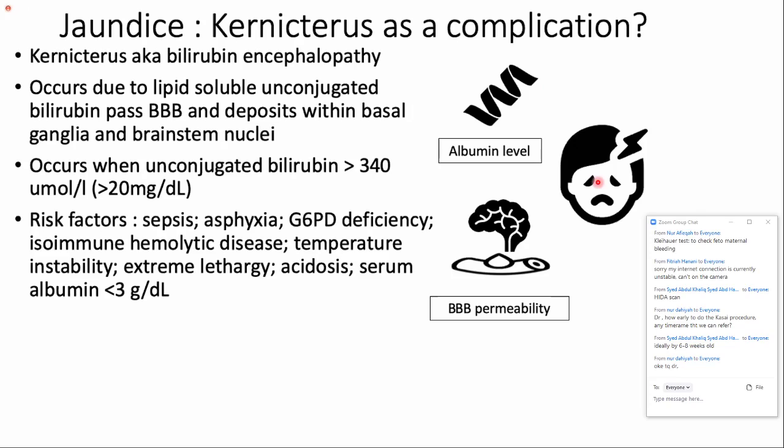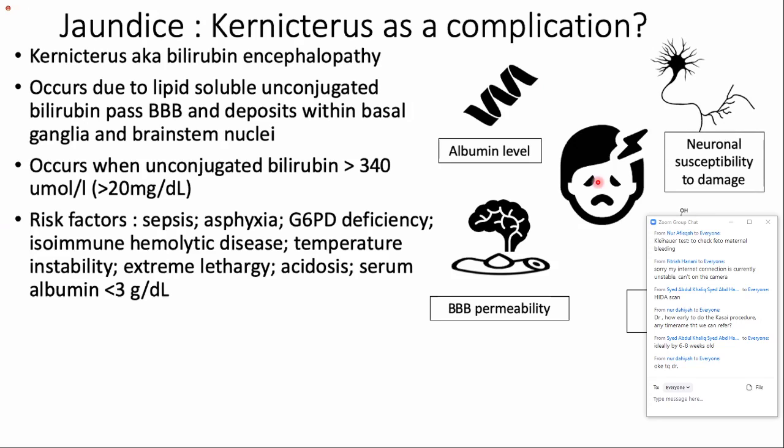So for bilirubin encephalopathy, there are a few factors if you look into Nelson. The second factor will be the BBB permeability. If you refer to Ganong's textbook of physiology, it mentions that it is rare in adults or older children to get bilirubin encephalopathy as compared to neonates. Why? Because it is implicated that the blood-brain barrier is not yet mature in neonates. Hence it is more leaky for the unconjugated bilirubin to pass through the BBB. And then we have the unconjugated bilirubin level and also the neuronal susceptibility to damage.